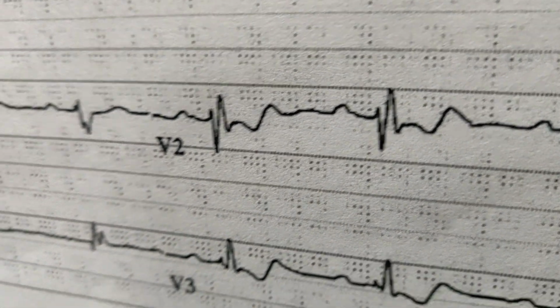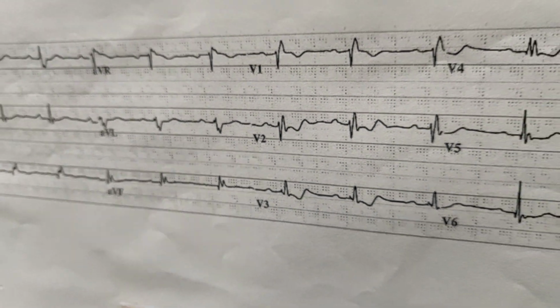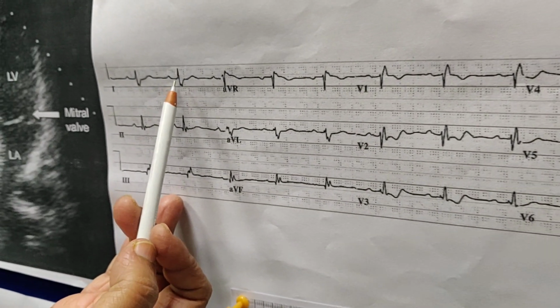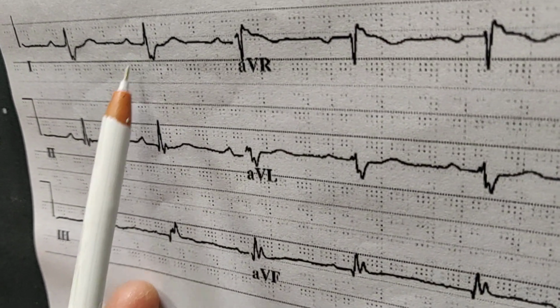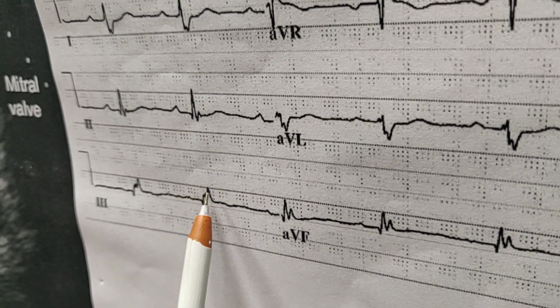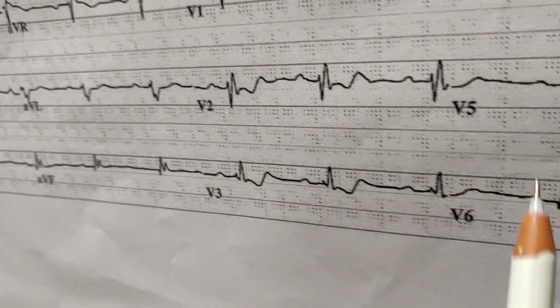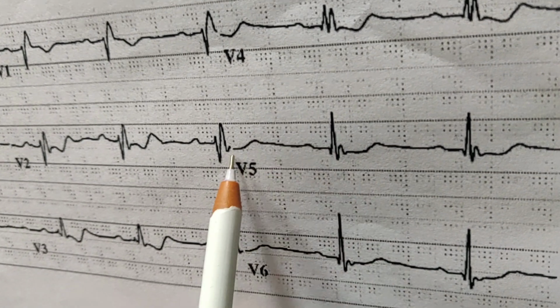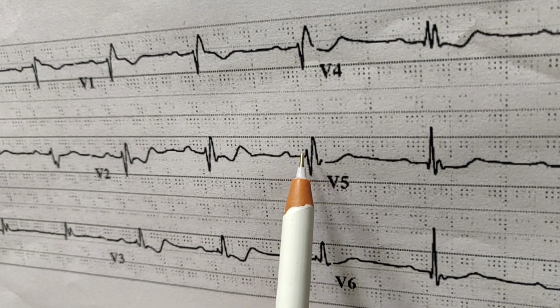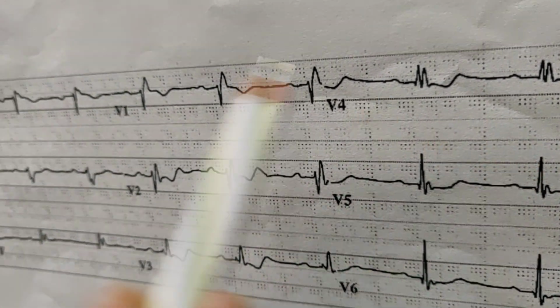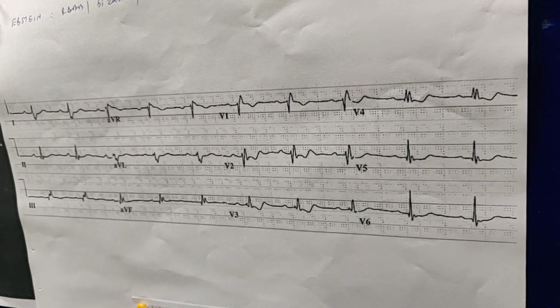The PR interval is certainly more than 5 small segments. It is almost 7 small segments. And there is rightward axis. You can see there is an S wave, and there are positive waves in 2, 3 and aVF. So rightward axis, and there is some fragmentation of the QRS. You can see the QRS is looking a little bizarre. Here is RS, and then there is again a small fragment. So a fragmented QRS is also a feature of Ebstein anomaly.